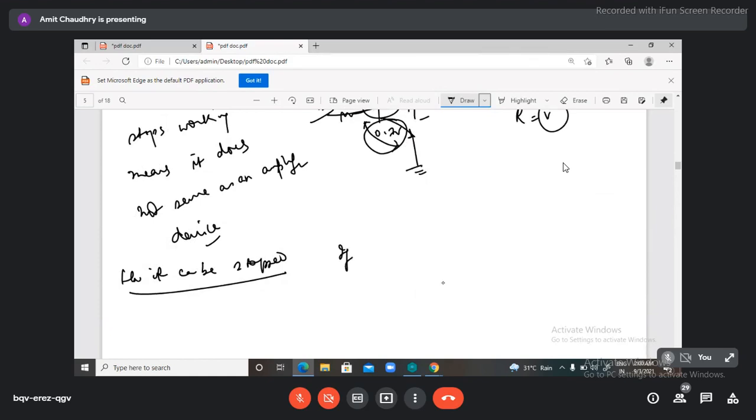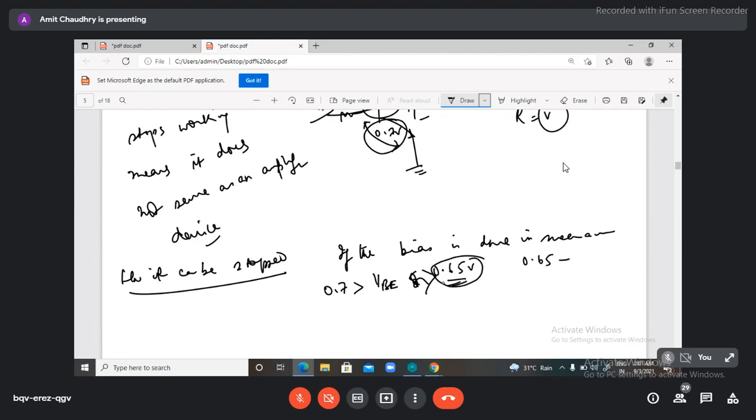If the bias is done in such a way that input voltage VBE is lesser than 0.7 volts but greater than 0.65 volts. This one. So 0.65 वोल्ट से ग्रेटर होने चाहिए, यानी कि 0.65 से लेकर 0.7 वोल्ट तक चलेंगे अगर हम, तो करंट नहीं फ्लो करेगा, बायस नहीं होगा।